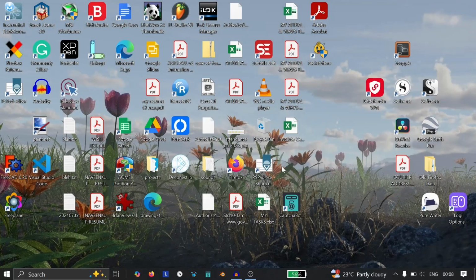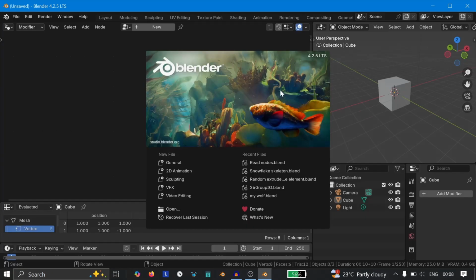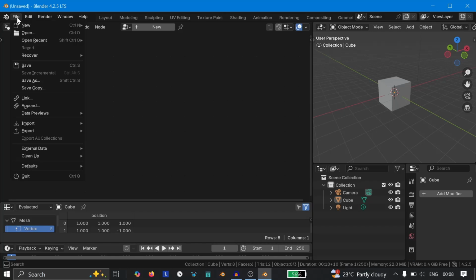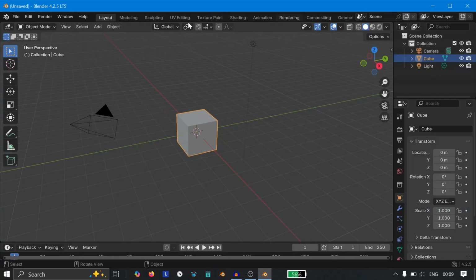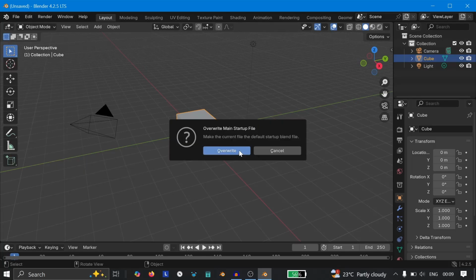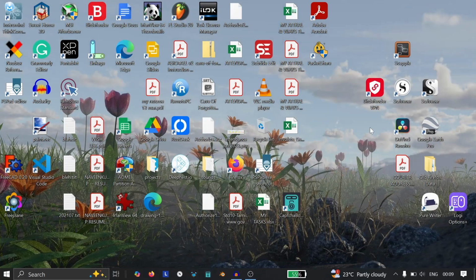So if I go now without saving it, what you will get is the custom workspace which you have created, because you have reverted it but you never saved it. So default, load factory settings, yes, this is what I want, and then go to default, save startup file, overwrite the customized startup file again. Now this is done, and if you open it again,